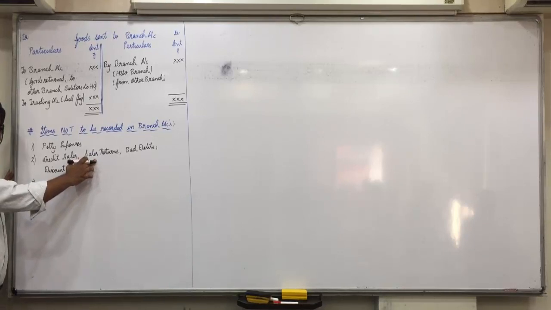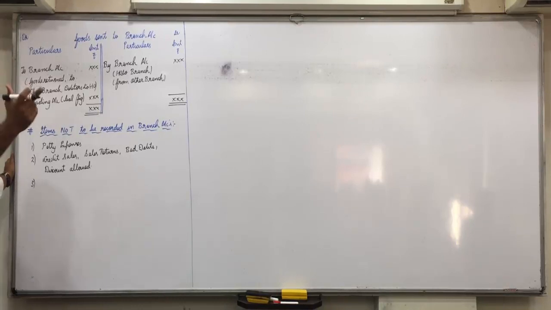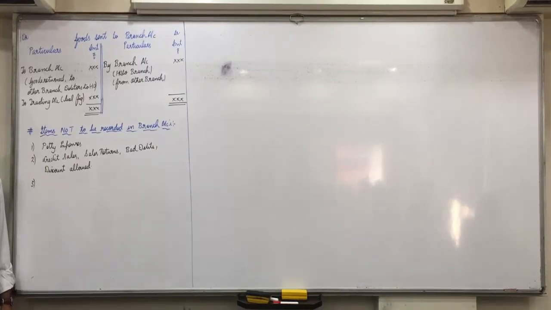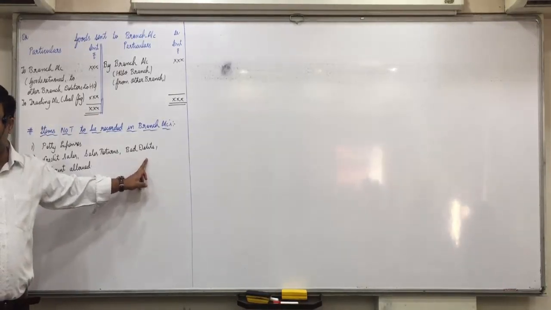I am talking about which sales return? Here, debtors to branch. And which sales return did we write on the credit side in goods sent to branch? Debtors directly to head office. Because there we assume that debtors return to branch, which we don't record, but branch returns to head office we have to record. So which sales return is not to be recorded? From debtors to branch. Bad debts, did we find the entry anywhere?